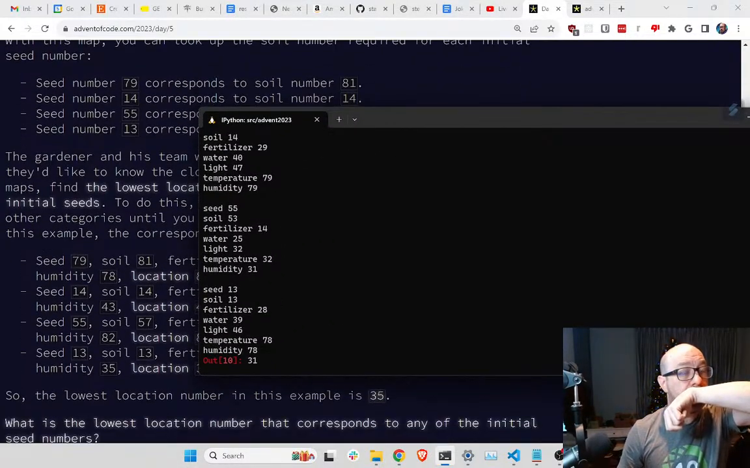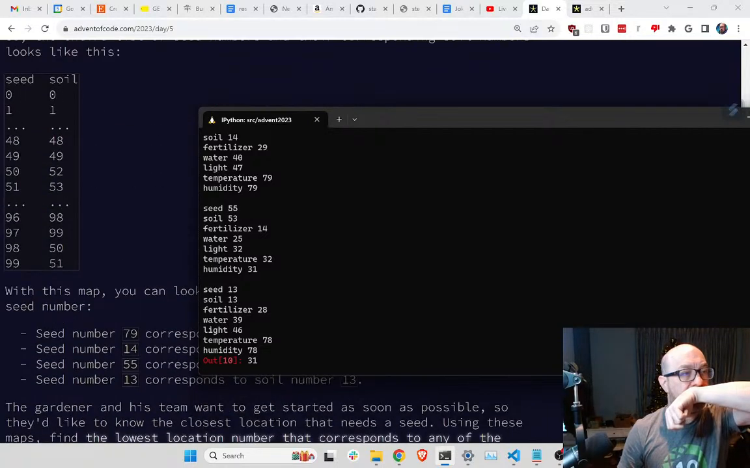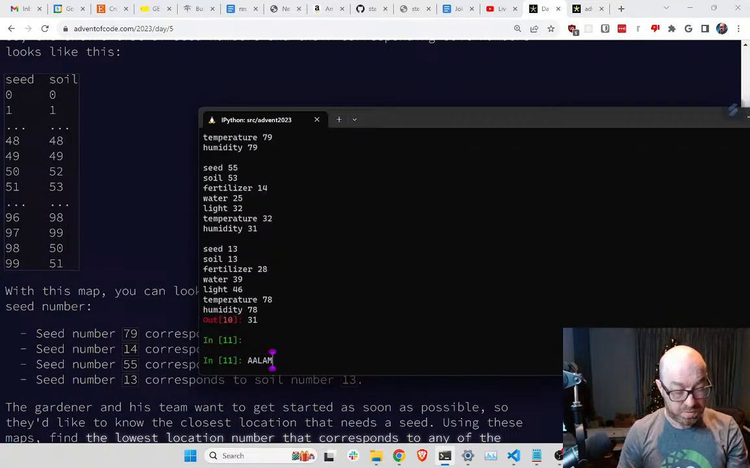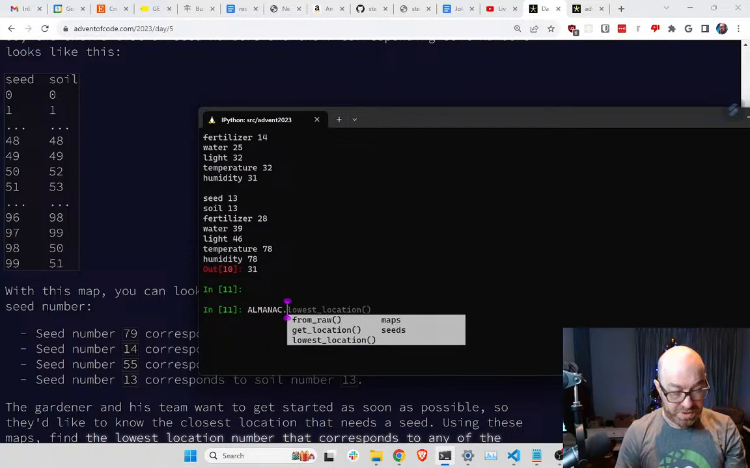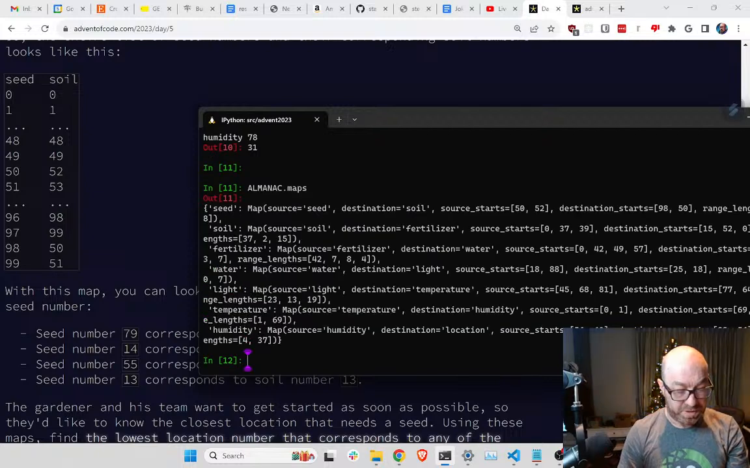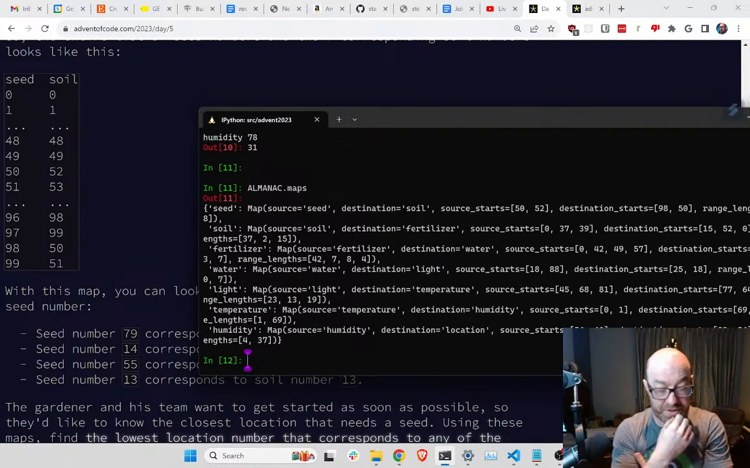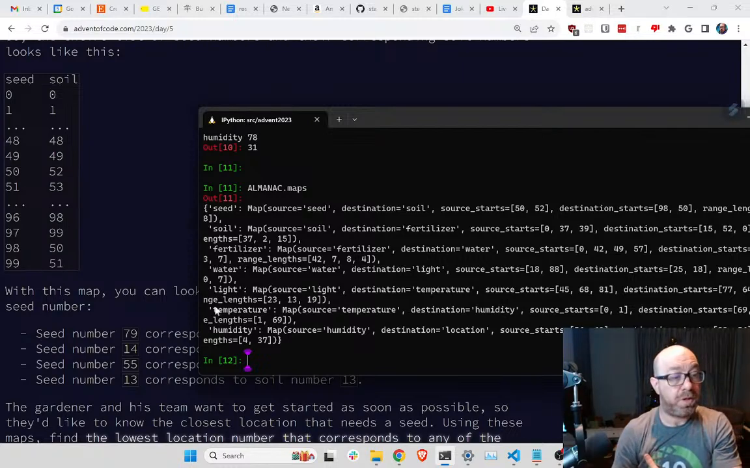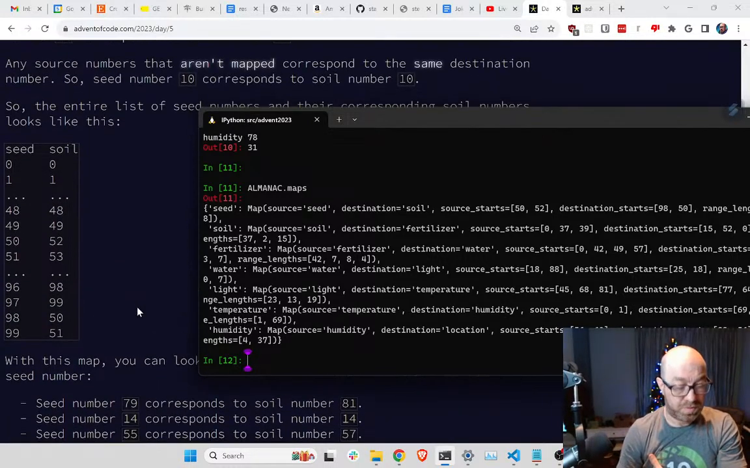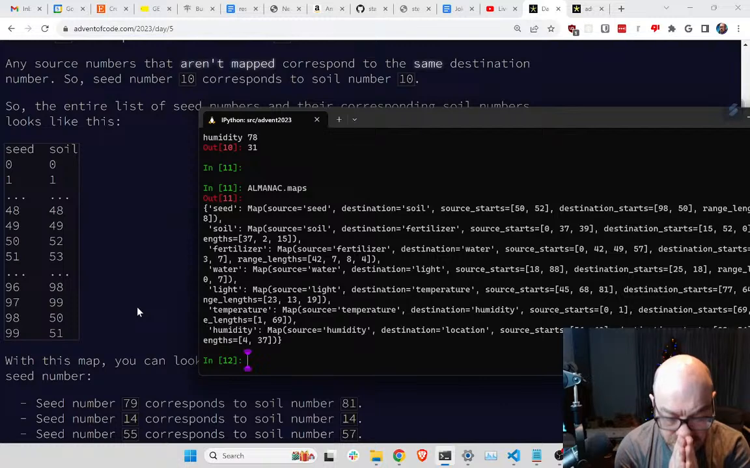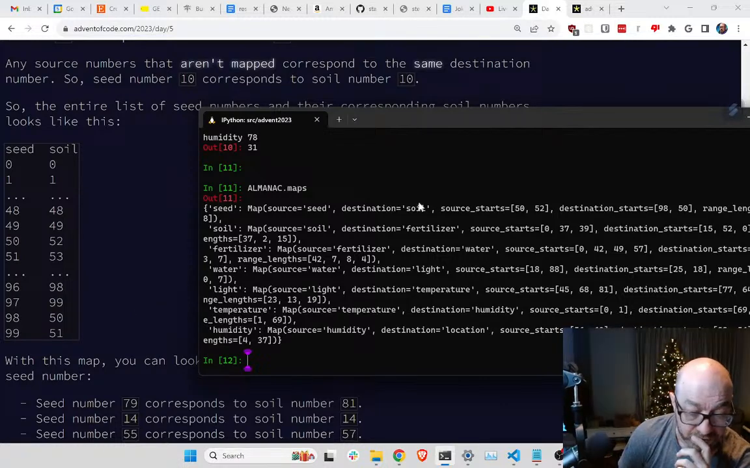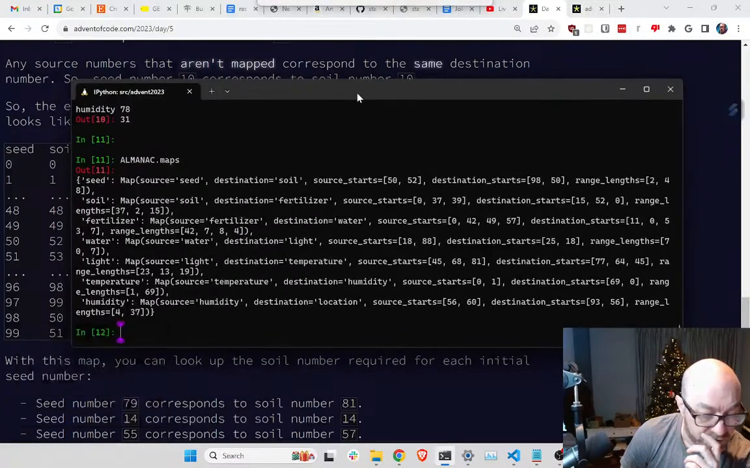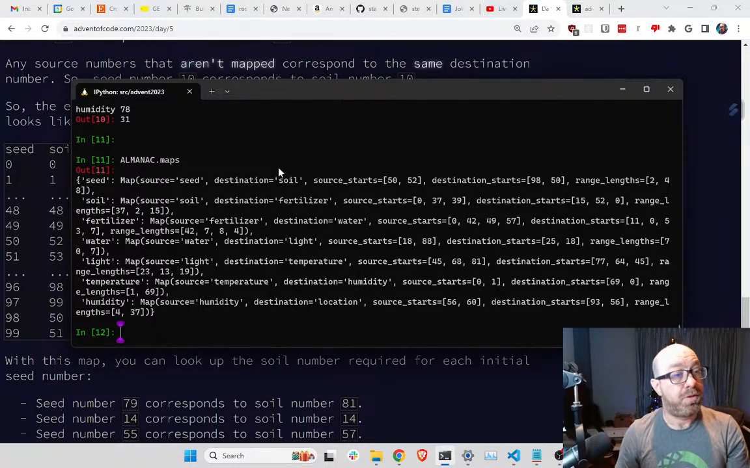So, that's good though. Let's say almanac maps. Okay, seed goes to soil, 50, 52, 98, 50. So range length 2 and 48. Okay,